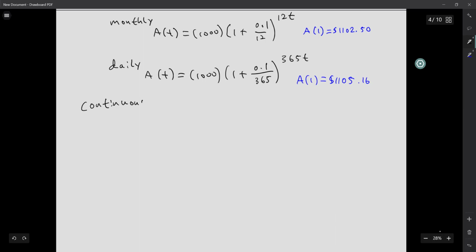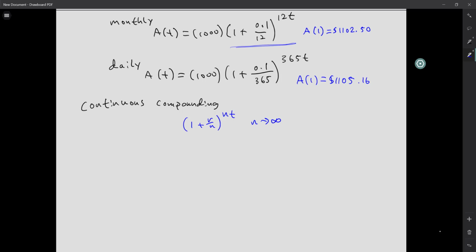If I do continuous compounding, let's look at the parts that were changing in my regular compounding interest. It seems like only this part, the 1 plus r over n to the nt, is what was modified, because that's the part with the n, and the n is changing for the number of compounds per year. So if we let n go to infinity, you might remember this from a previous video, there's a limit in